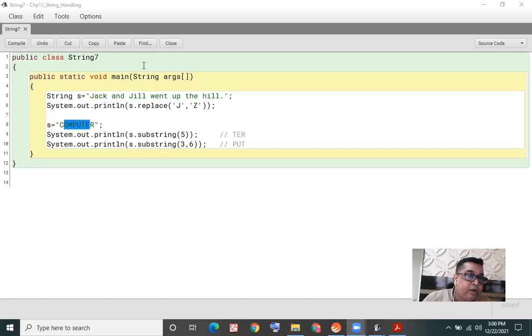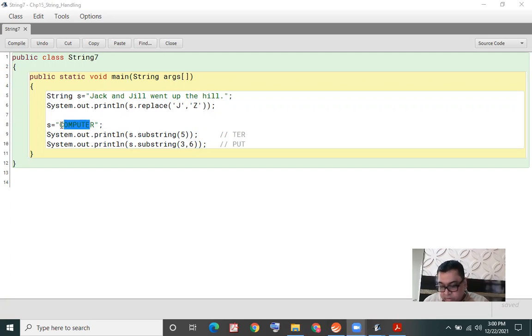Okay, let me give you one hint. Last session I taught you when you are counting the position index, you start from 0. Index starts from 0. The first character index position is 0. I'm giving that hint to you.